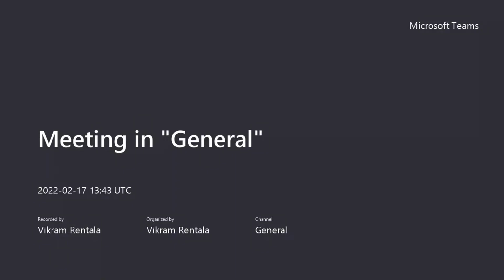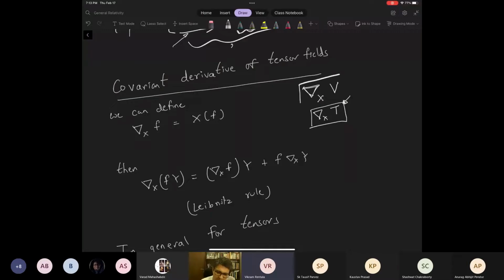Yes. So today what we're going to do is look at... So previously we've looked at the affine connection and the action on vector fields. So we looked at the derivative along the x direction of a vector field W. Okay. And now what we're going to do is look at the generalization of this to say, suppose we have